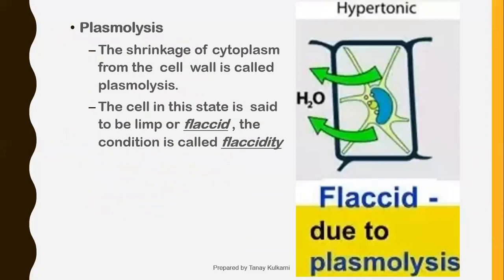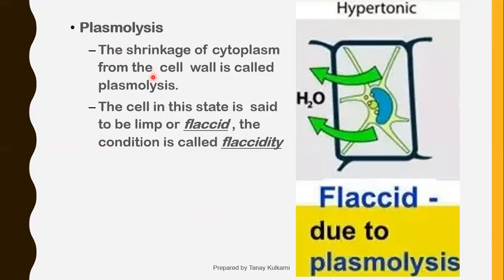Student, when a living cell, for example the cell of the leaf of an aquatic plant, is placed in fresh water, it will remain in a fully distended condition. That is, the plasma membrane will remain in close contact with the cell wall and will be pressed against the cell wall. Correct? If you take this plant cell out from the water and keep it in a 5% salt solution for some minutes, it will lose its distended appearance because of